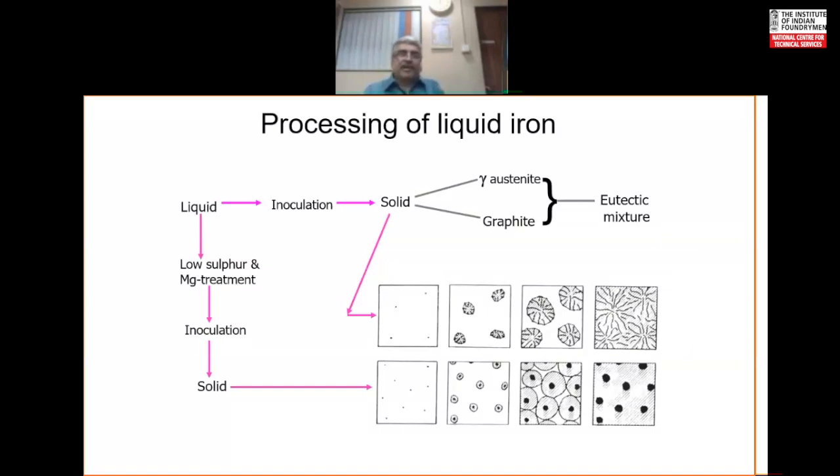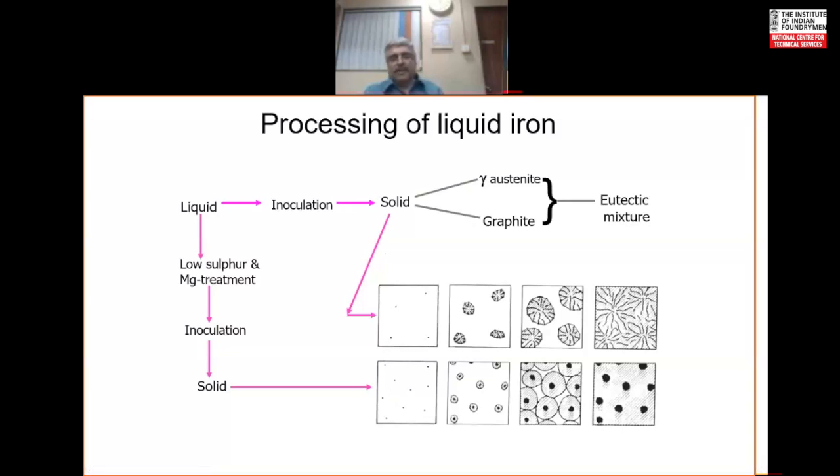So very quickly, processing of liquid iron: the liquid is inoculated so that solid forms, and you have these nuclei. In case of gray iron, you have initial cells growing in this liquid. They grow and finally they meet each other to form this A type of graphite structure. In case of ductile iron, where the sulfur is low, we have done the magnesium treatment and then done the inoculation. Again,